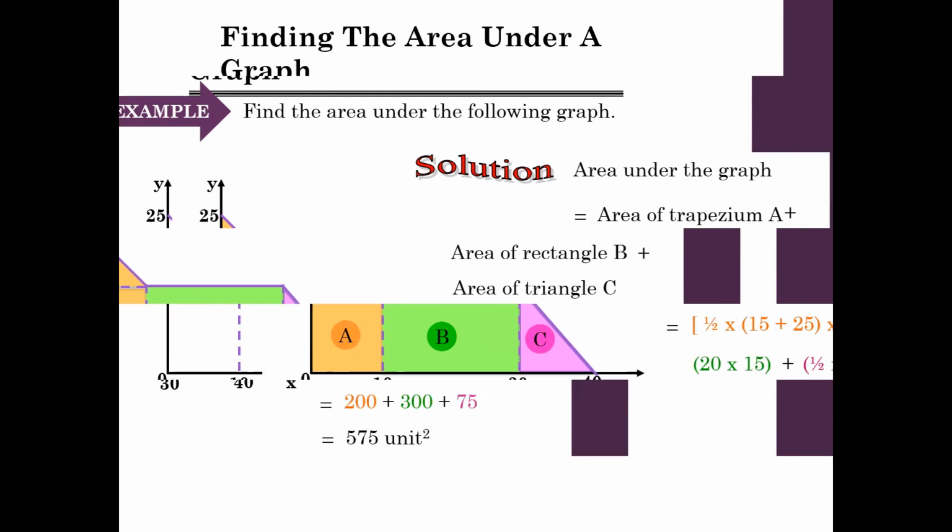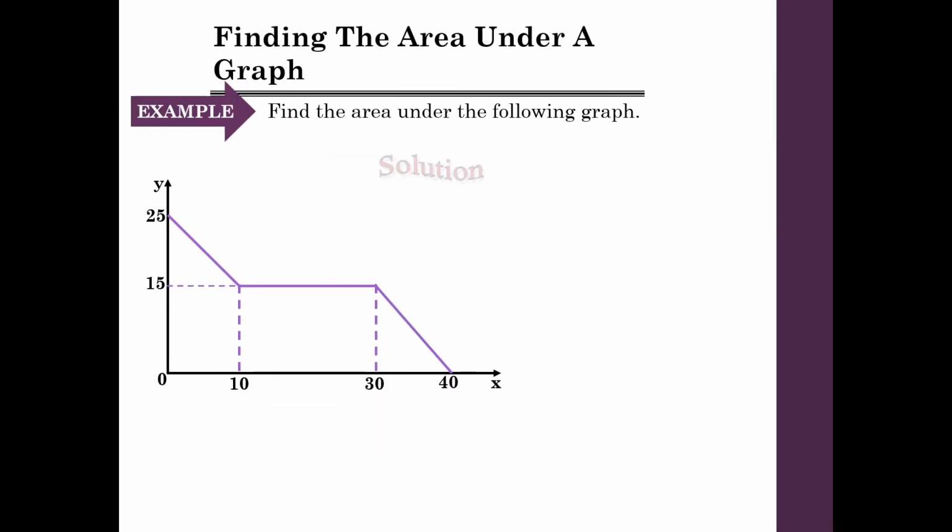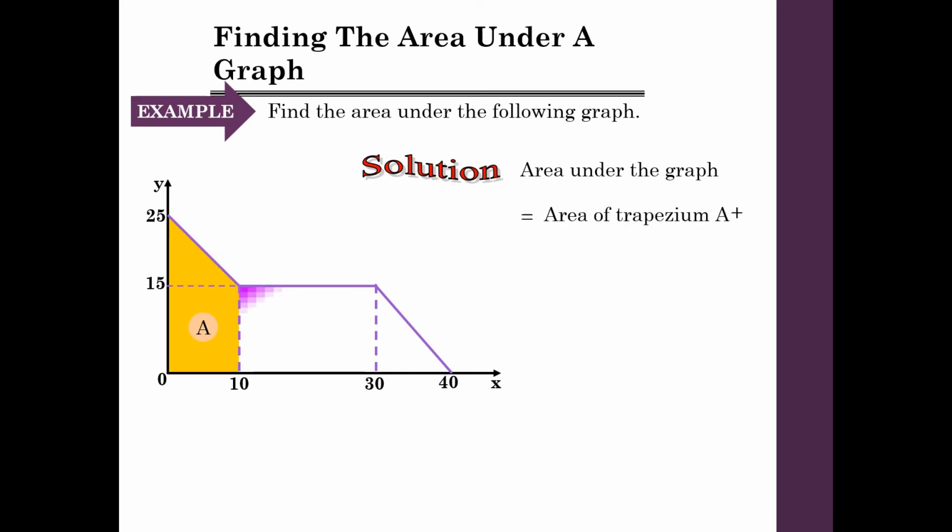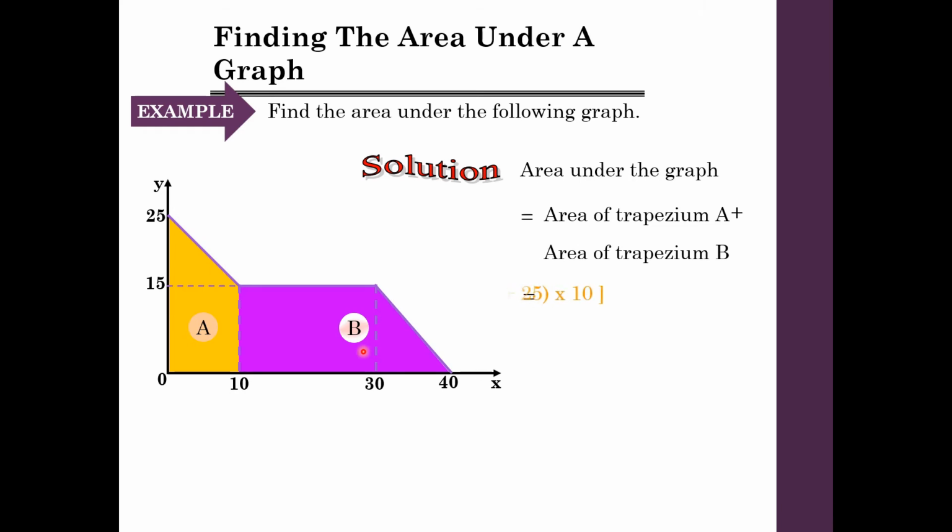Okay, other than that, using the same graph, we can see that we have the shape of trapezium A, and also the rectangle and the triangle just now can be combined as a trapezium. So area of trapezium A plus area of trapezium B will also give us the same answer, in which using the formula to find the area of trapezium, 1 over 2 times 15 plus 25 for the first one times